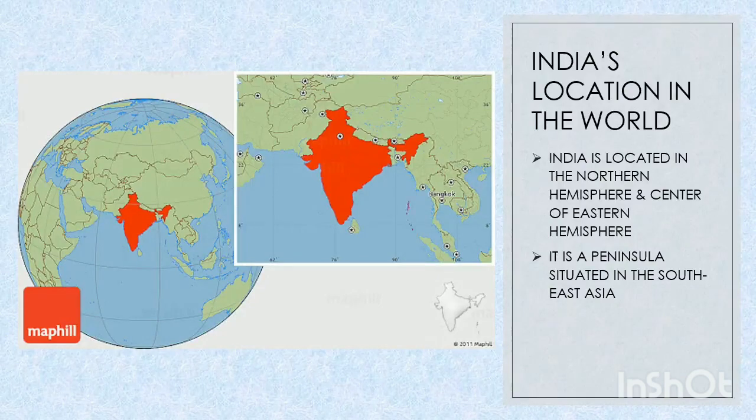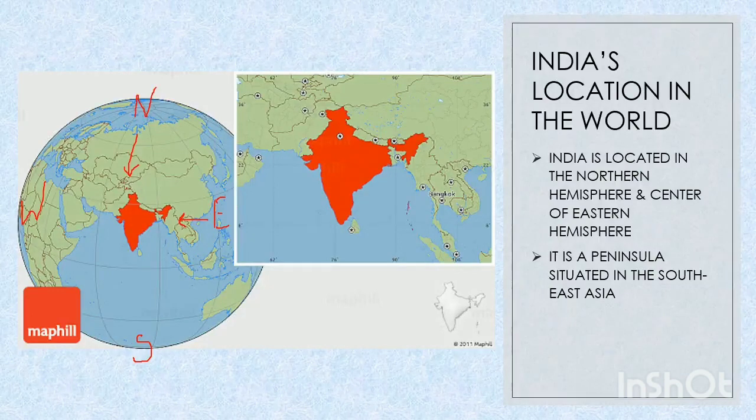Now I've got two pictures here. I've taken India globally, where she is located, and one more, India separately. Come back to the first picture. When you say India is located in the northern hemisphere, before that, you know what the north is on the globe. Then you have south, then you have east and west. These are the four directions that you have on your globe. Now you yourself can judge where exactly India is located. India is located within both the northern hemisphere and the eastern hemisphere. Can you see that picture there?